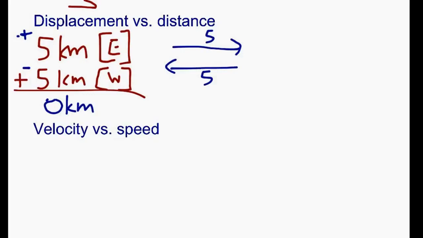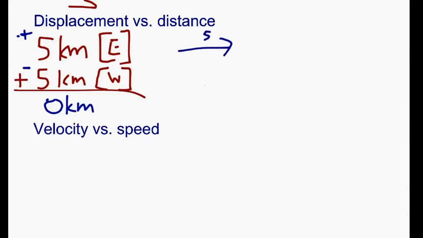So displacement is distance with a direction attached to it. And the only thing that changes is when we total these things up, sometimes it'll cancel itself out, right? So if we went 5 one way and 5 the other way, we'd end up with a 0. Or another example is, let's suppose I say you're going to go